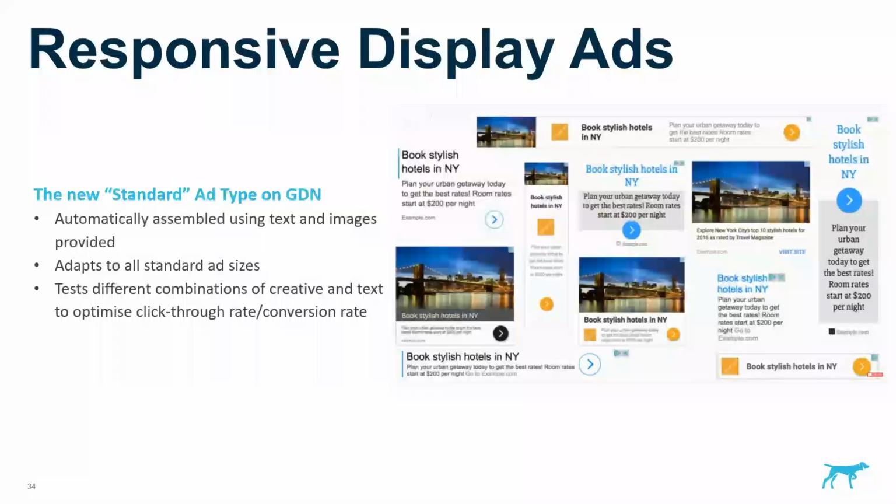So on the right here is all the different ways that essentially the same few headlines, text and images can be assembled. And what this does is it tests all the different combinations of images and text that you've given it, to optimize through to the highest click-through rate or conversion rate. Depending on how many you give it, I think the optimum is 5 headlines and 5 images from memory, and it will keep cycling those through until it finds the best combinations, and then you substitute the weaker ones with better ones, and so on until you're really optimizing your creative.